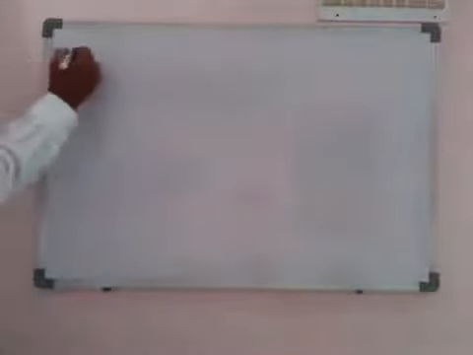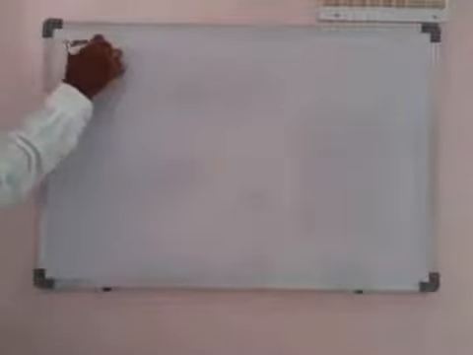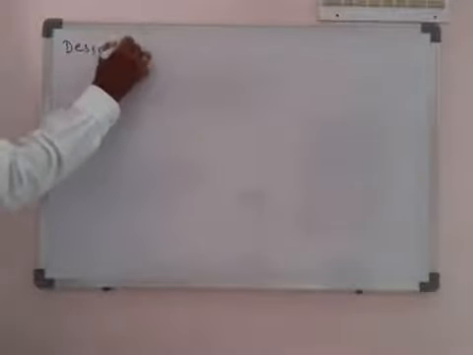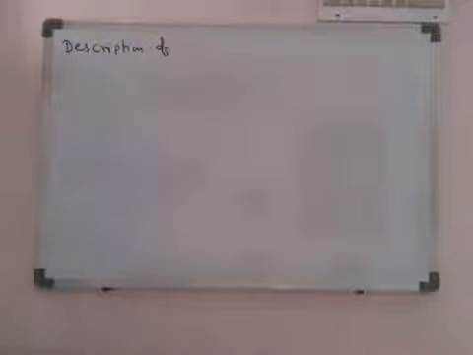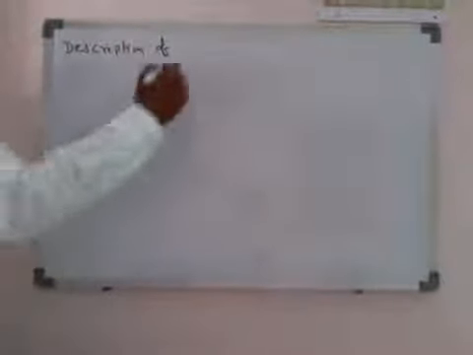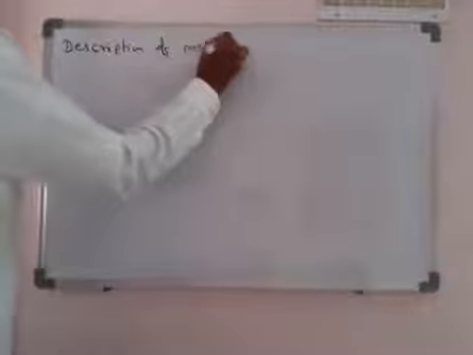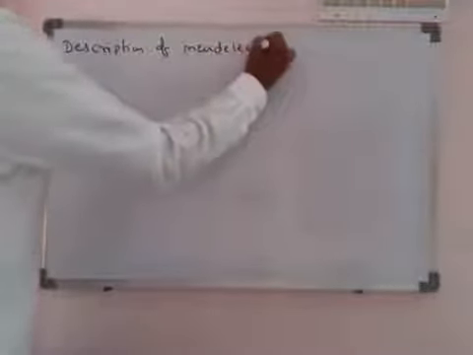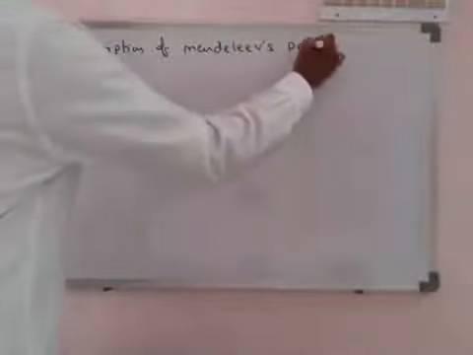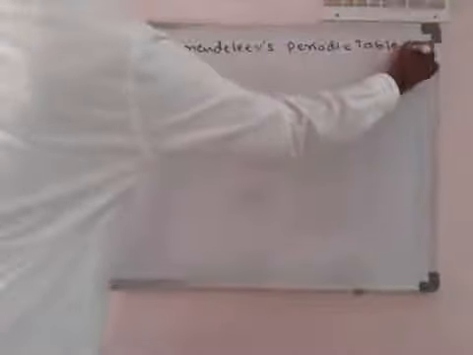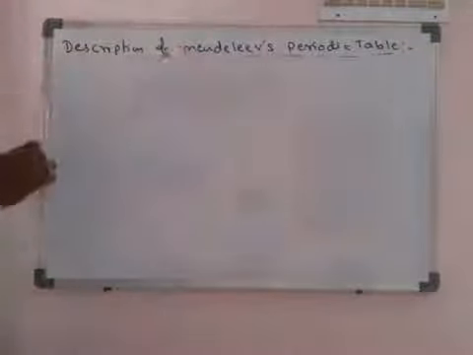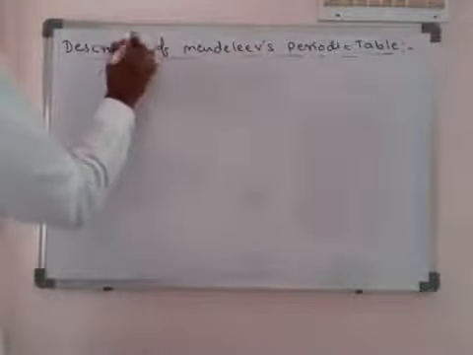So if you see his periodic table, now we see this description of the periodic table. So a description of Mendeleev periodic table is